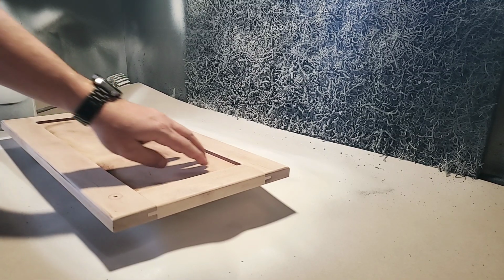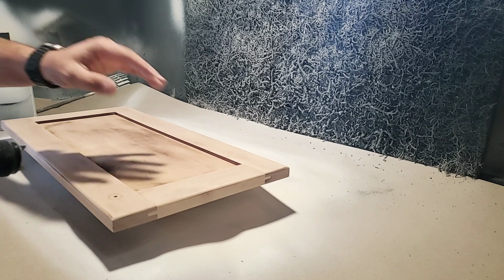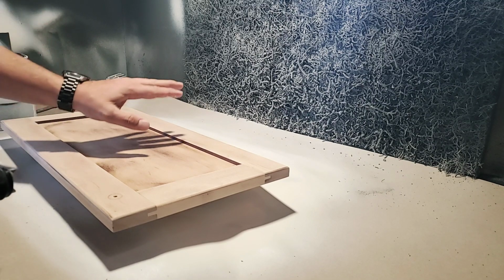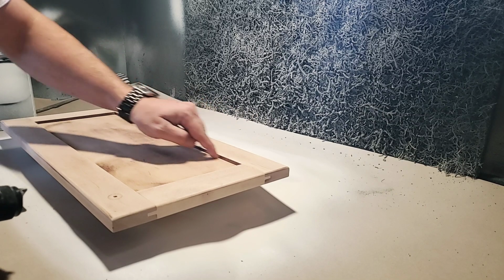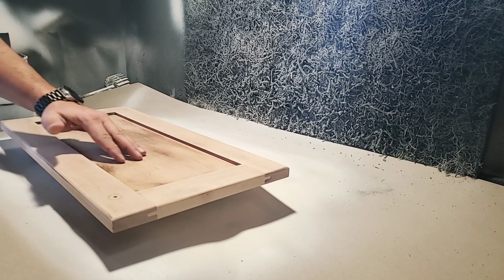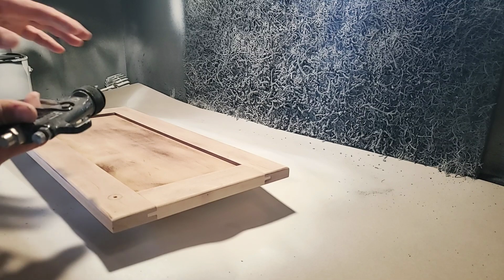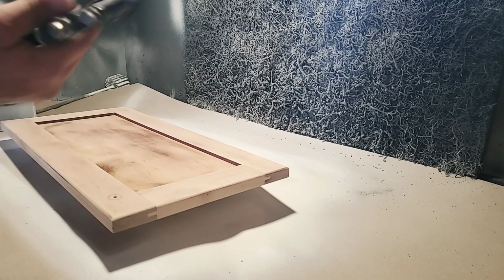Now, I like to start off with a nice diluted coat of the primer. Dilute the primer down enough so that when we get it in the crevices, it can soak into the wood and wick into the panel past the actual inlay. That way, when it moves back and forth with natural humidity, you won't see it as much. So the first coat of the post-catalyzed primer is thinned down more so that it can get in there. So I start off